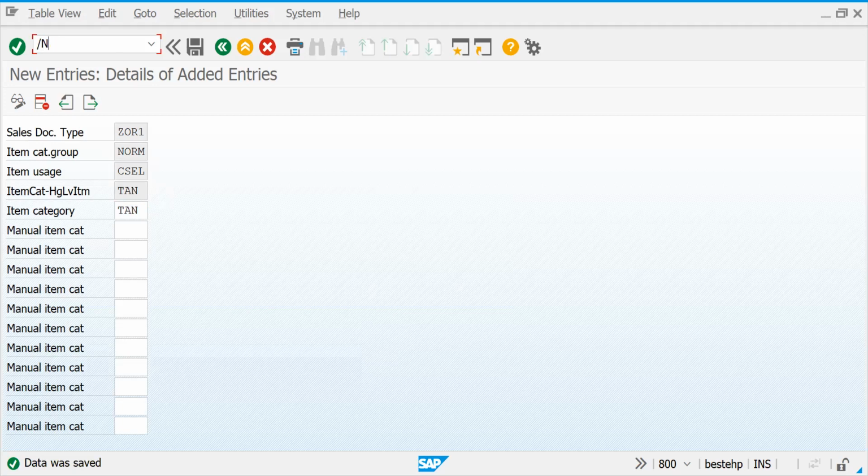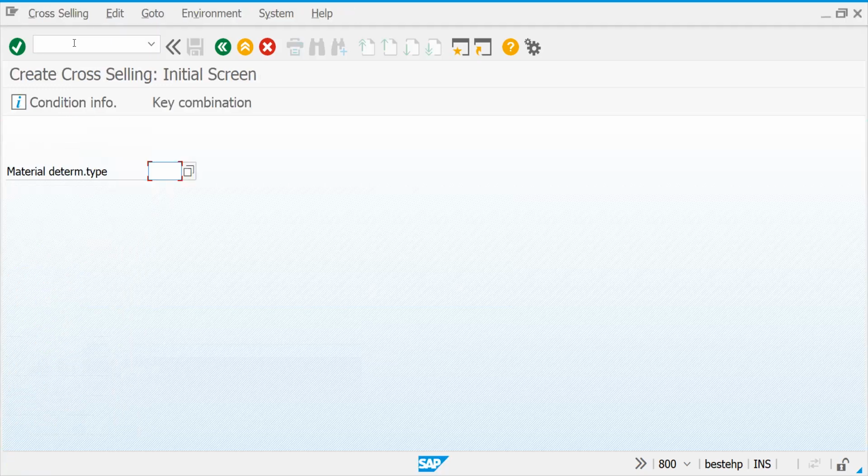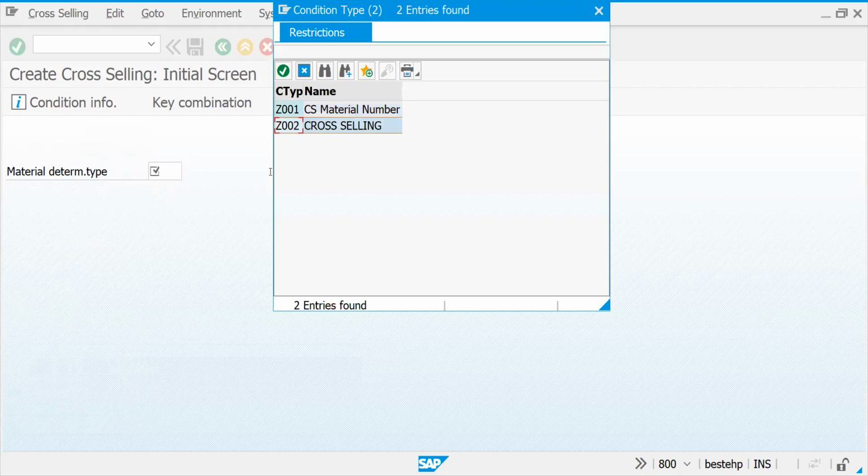Before that, we have to go back and maintain the condition records. So what is the transaction? As I said, VB41. Create cross selling. See, even the text shows this is for cross selling. So our cross selling is this one.